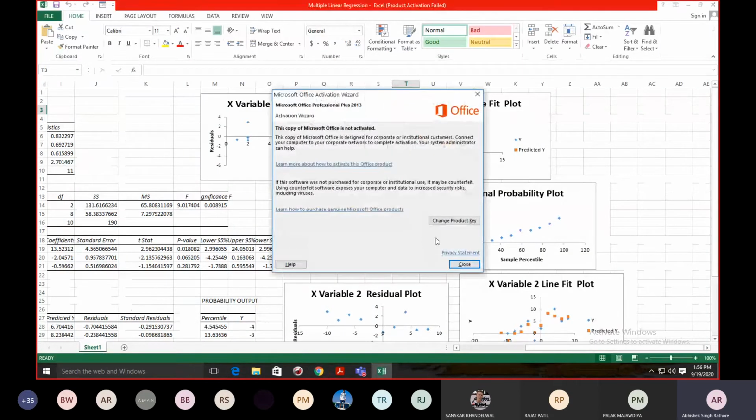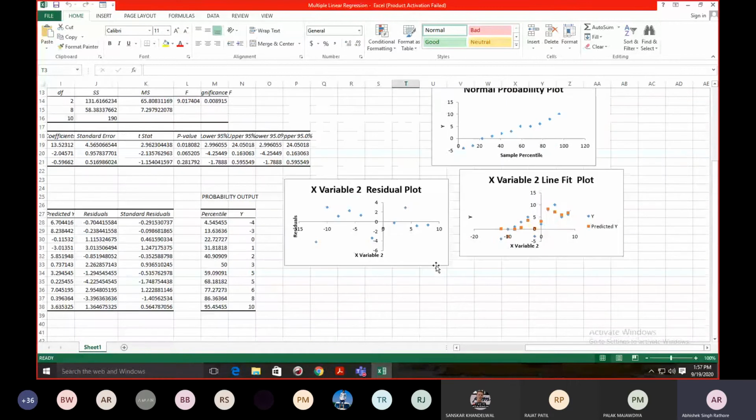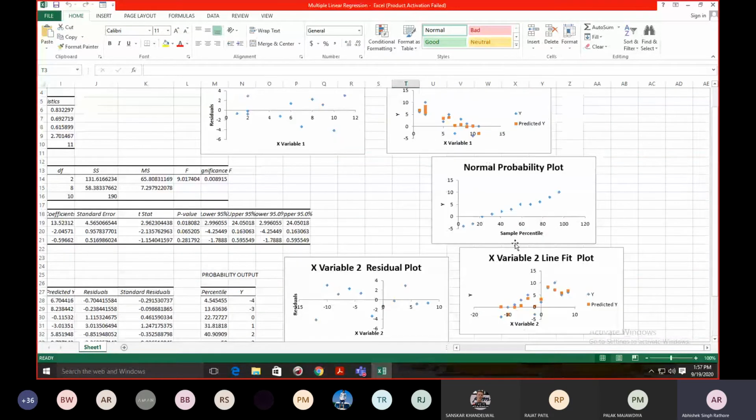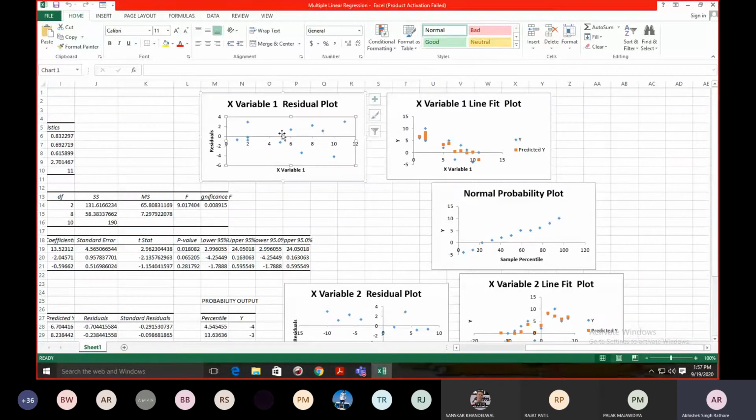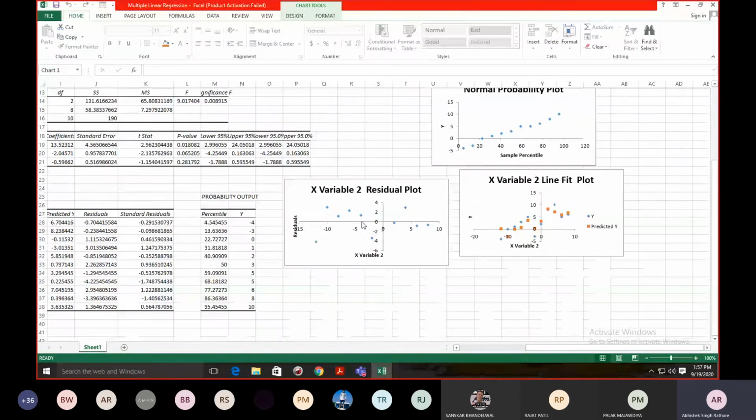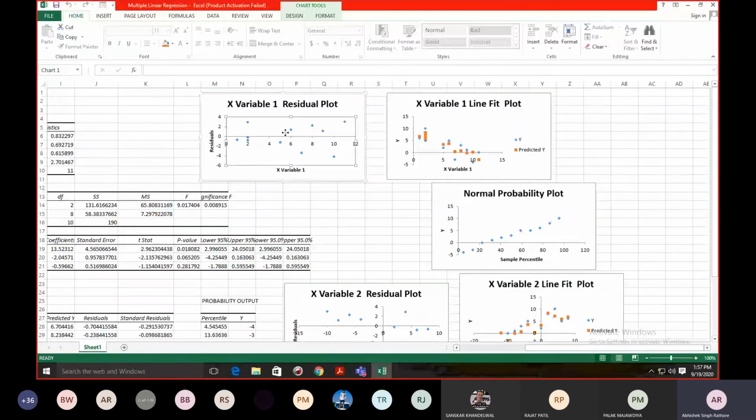So this is my residual plots that are being available. So this is my one line plot. This is my residual plots. If you have ever checked, these are my residual plots. So right from these residual plots, we can calculate whether our data is right or not, or our assumptions are right or not. So these residual plots are usually used to check whether our assumption is that our error has expectation of zero mean, and